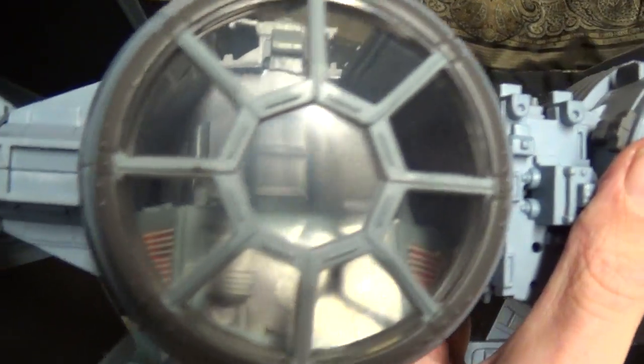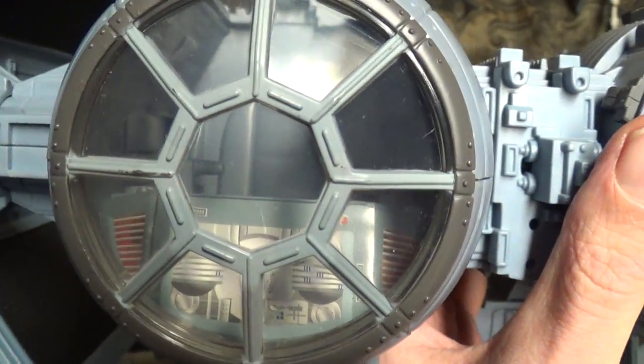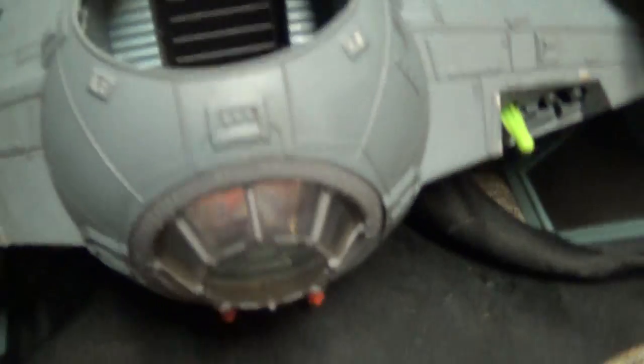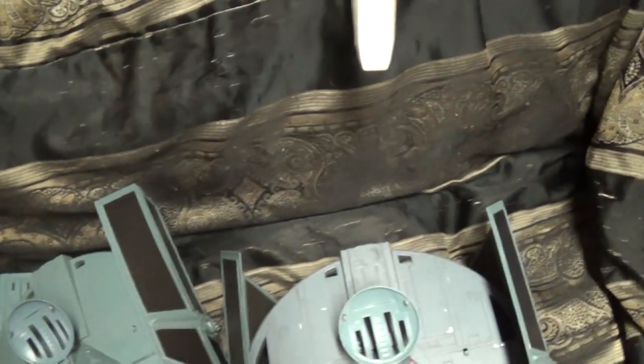And I like the window. The window in this, see how big it is? It's the whole front of the tie. You expect to see something like this, other than a little tiny window. When you're actually in the ship and flying it, you really only get the distance between right there and there to look through. It'd be hard, and the same with Darth's tie. There's really not much front room and clearing between the framework to actually look out of. Alright, now on to